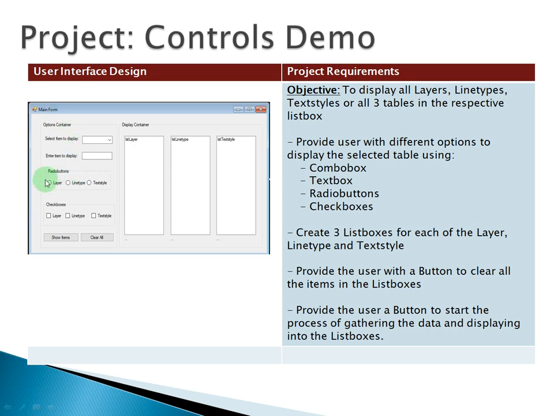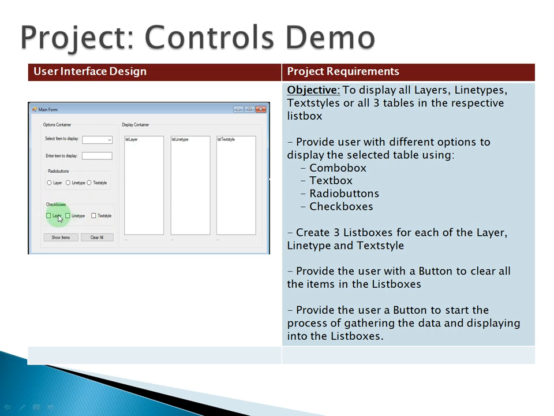And another option for the user to choose from is the radio button, where we can provide the user with the three options that they can select from, which means that using this option they can only select one item. The same is true with the combo box. And the last option that we will be providing the user is the checkboxes, where the user has